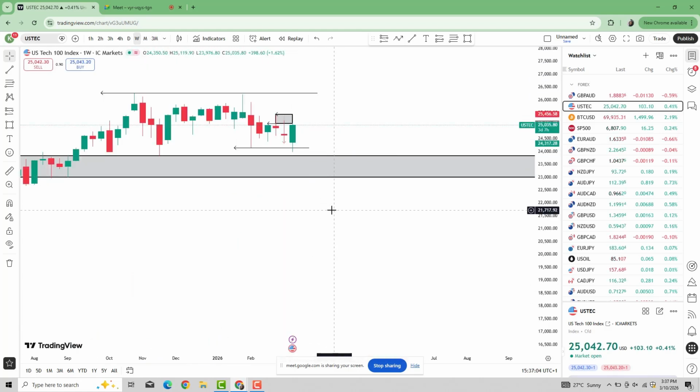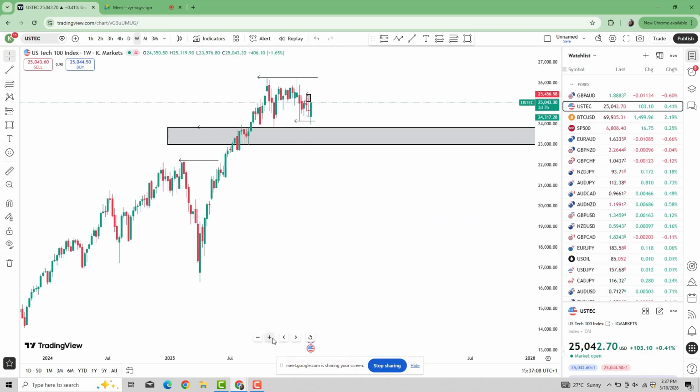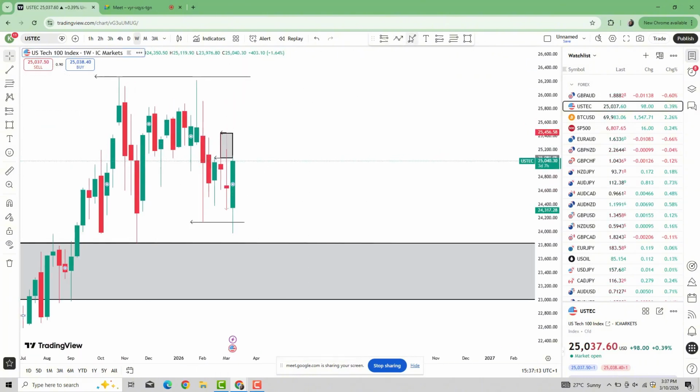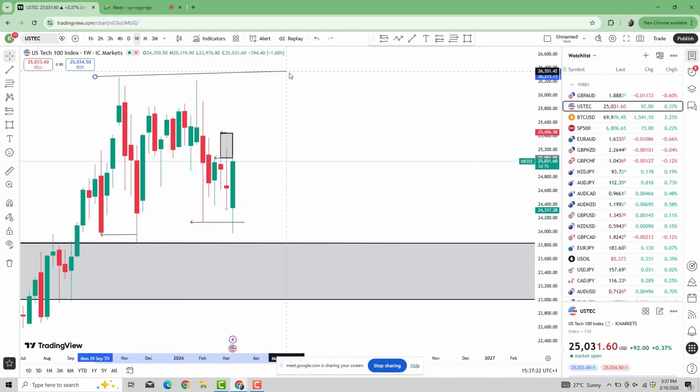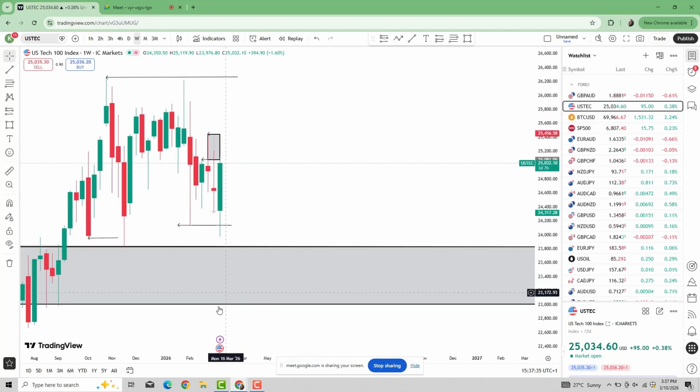Now coming to the weekly time frame, let's reset the chart. Let me zoom very well so you could see very well. On the weekly time frame, we had this low that was taken away. To see it here, it was taken away, which is fine. And this high wasn't taken away. Yes, this high wasn't taken away. But then again, this low was taken away,